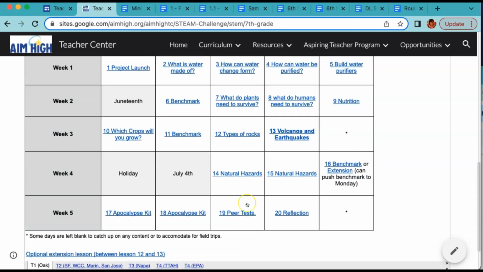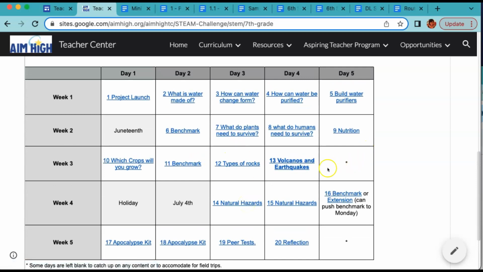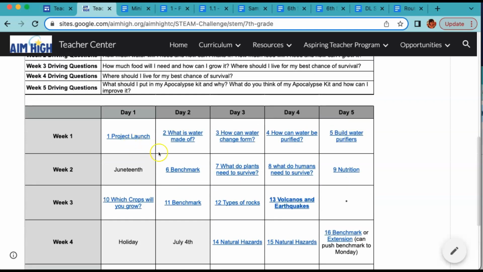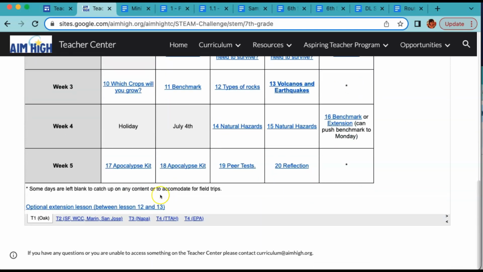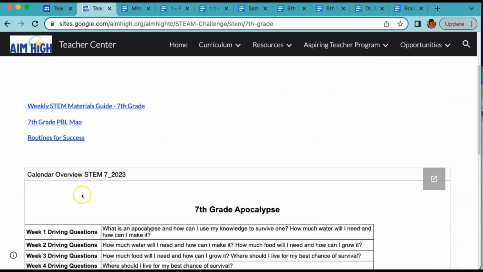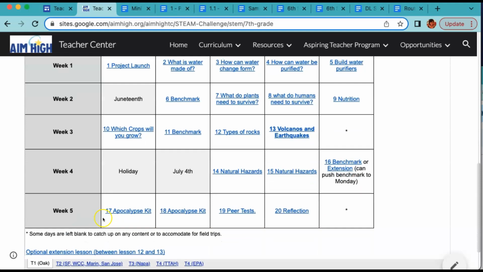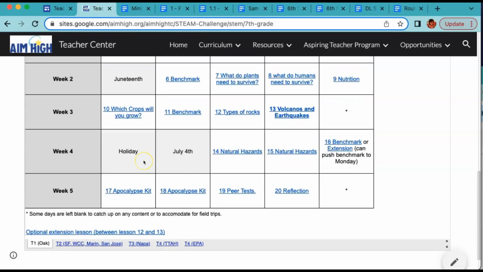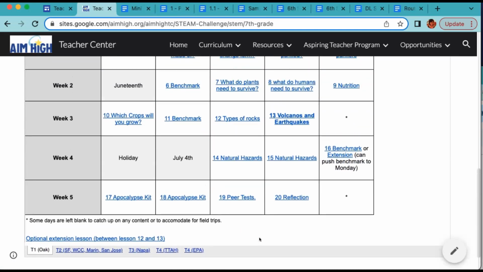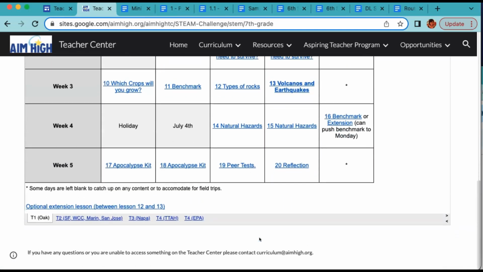You might look at what your site calendar looks like, and do you know that your students are going on a field trip on a certain day? So you might want to add that on. And then really start going through the lessons and plan together using the tool that is at the bottom of each lesson. So if you have any questions about the curriculum, how to access something, you can go to